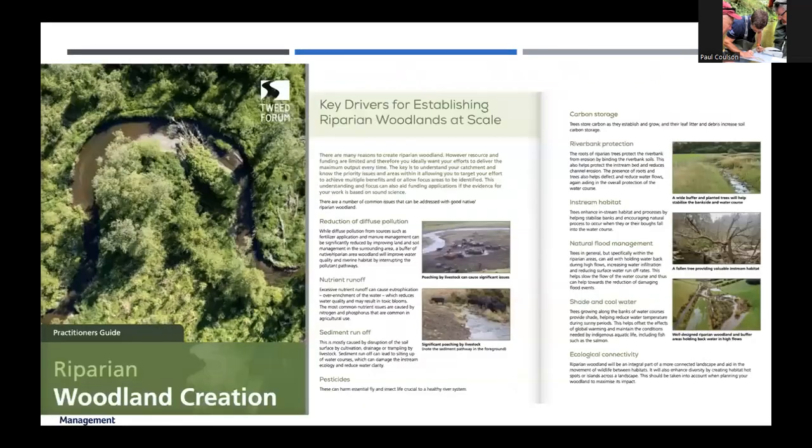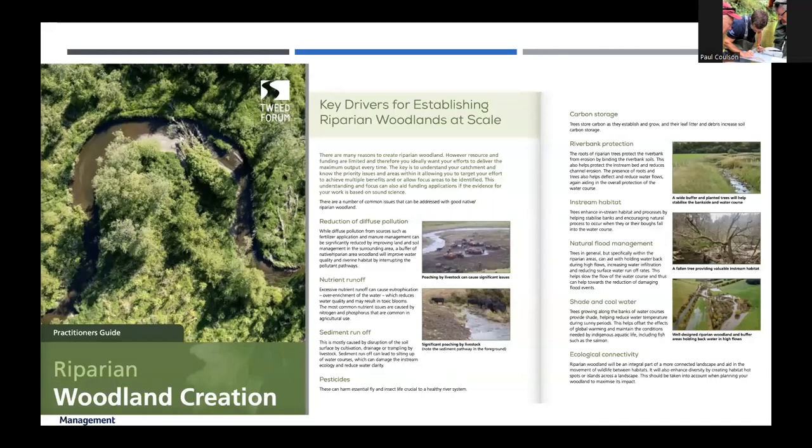So we get it with regards to rivers, and this is just hot off the press for any of you who do work on rivers and are interested in planting. The guys on the Tweed forum have just produced this. I think it came out last year. It's as new as last week, I think, and just really short. They took a grab of the key messaging from what the trees and planting can give to rivers.